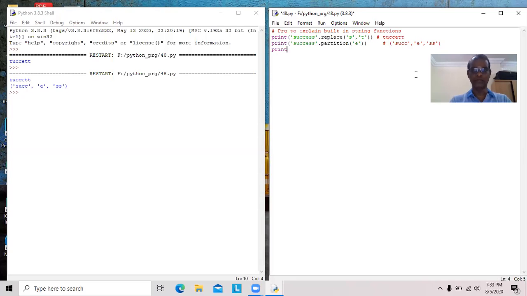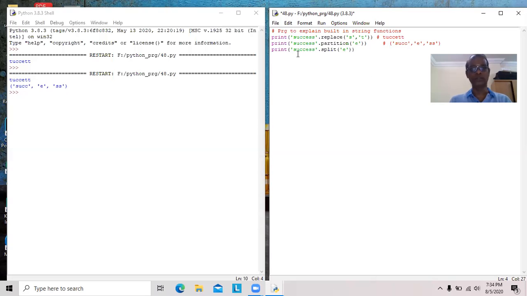Third one is split. With the same SUCCESS I am using dot split. There is a minor difference between partition and split. We should be careful here. The output of split will be one list that contains the left side of the split character and the right side of the split character.